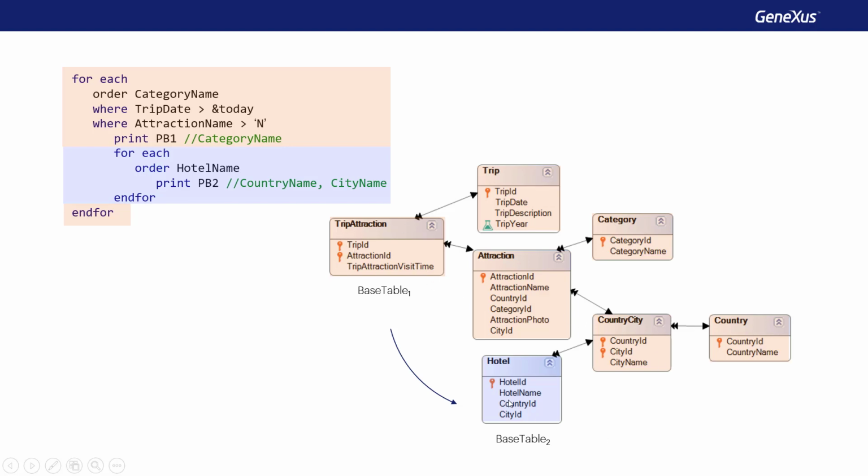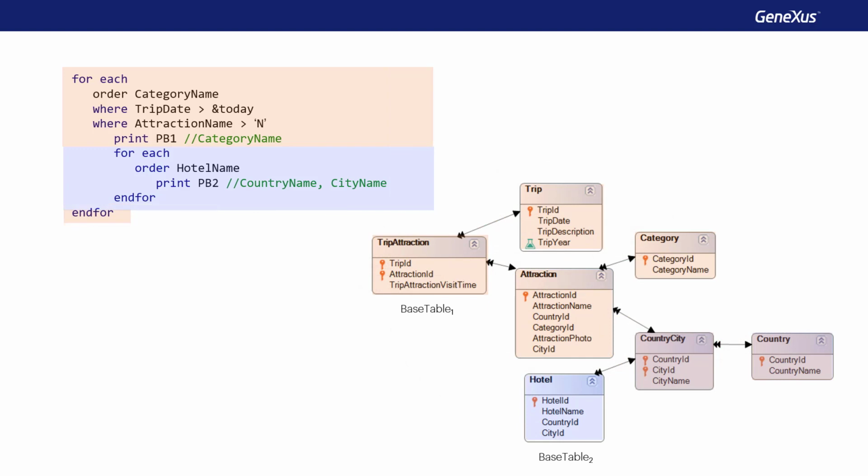Only hotel name remains for calculating the minimum extended table that contains it. This is so because, in the nested for each, you could possibly use attributes from the main's extended table to do something with the perfectly determined values of those attributes.